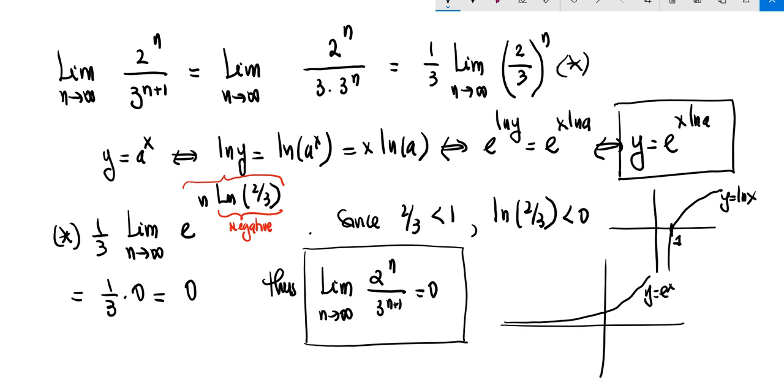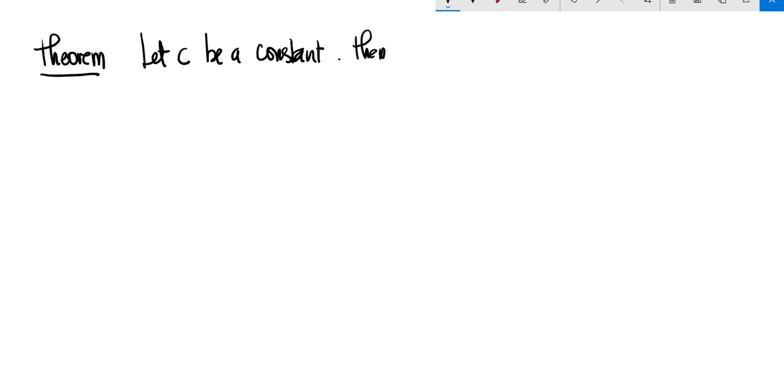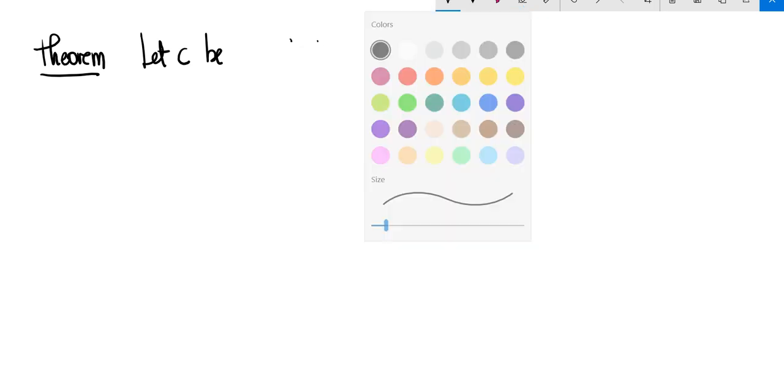All right, so to summarize, this example leads us to a nice theorem, which can be stated as follows. Let C be a constant. Then three things are possible. Let C be a positive constant. Then